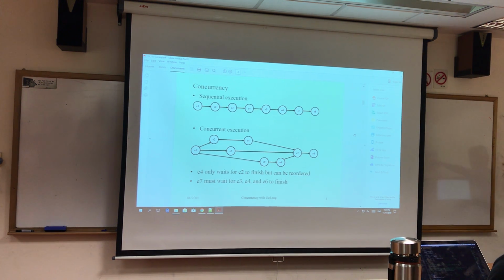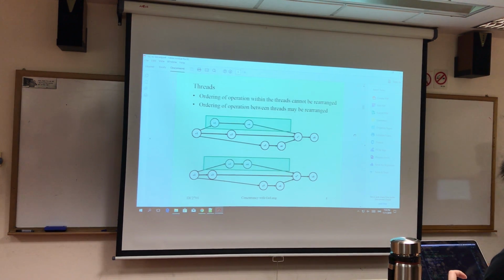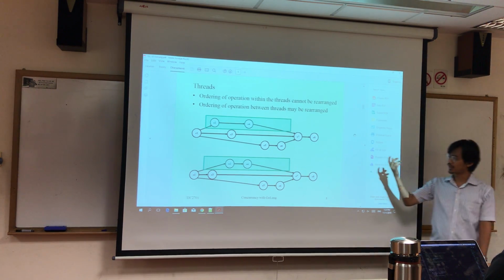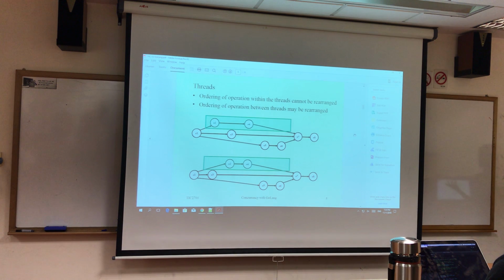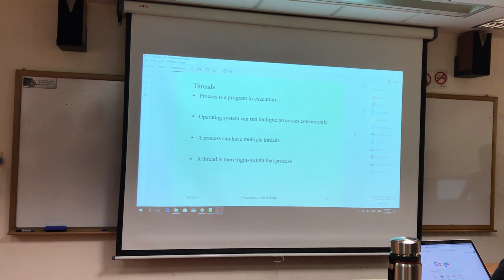Alright, but E7 has to wait for E3, E4, and E6 to finish before you can execute. This is what we call a thread. Within a single thread, the execution must be in that particular order. It cannot be rearranged. But among different threads, you can have different interleaving. So we have this kind of hierarchy